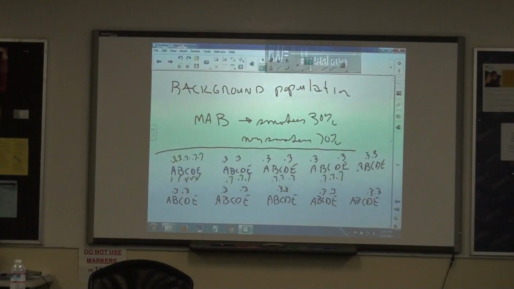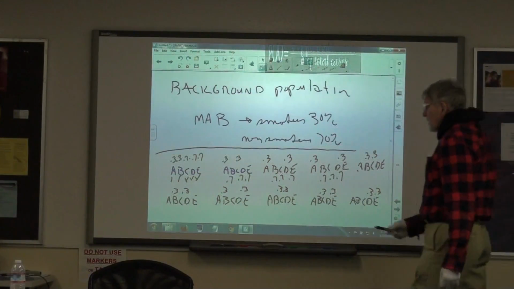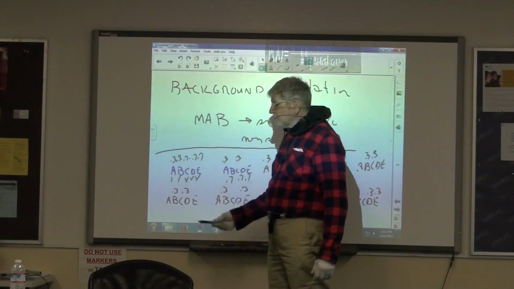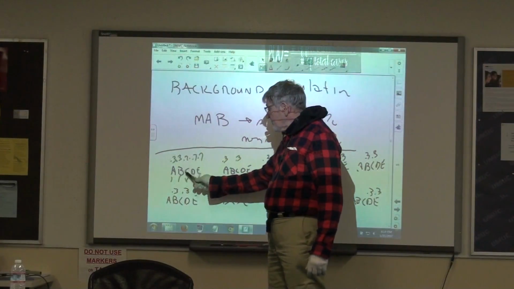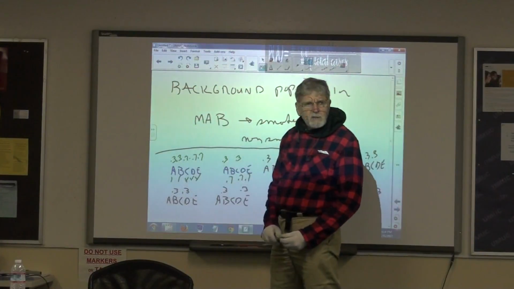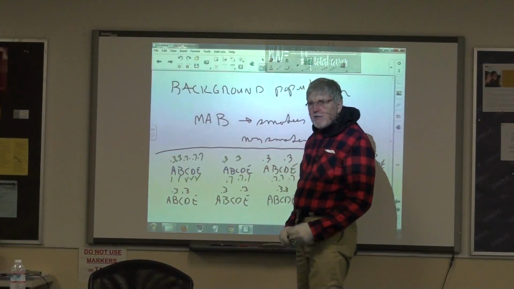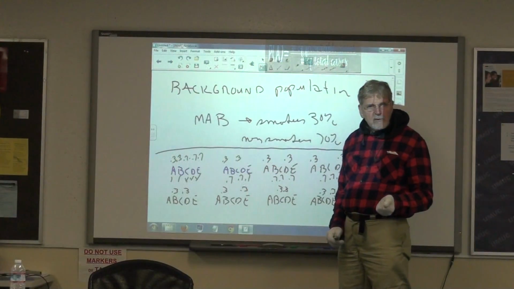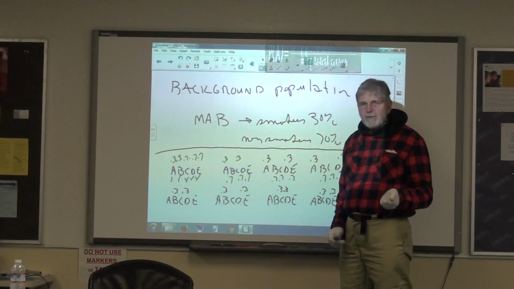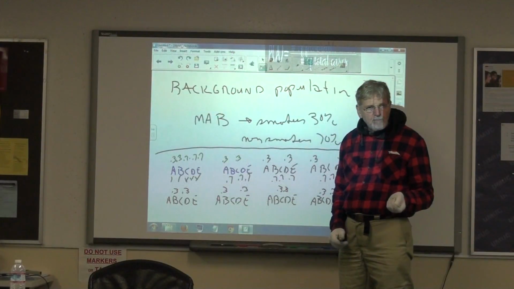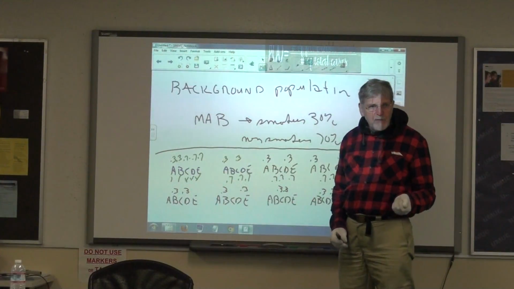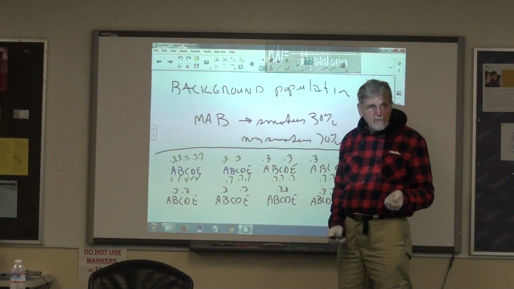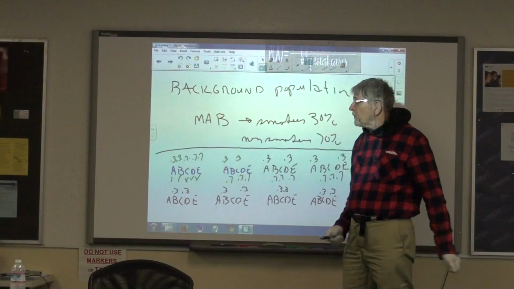So notice, the probability of this and this and this and this and this is the probability of this times the probability of this times the probability of that times the probability of that. Because what's the probability of getting one ace followed by another ace? 4 over 52 times 4 over 52, agreed? What's the probability of 3 aces in a row? 4 over 52 times 4 over 52 times 4 over 52.